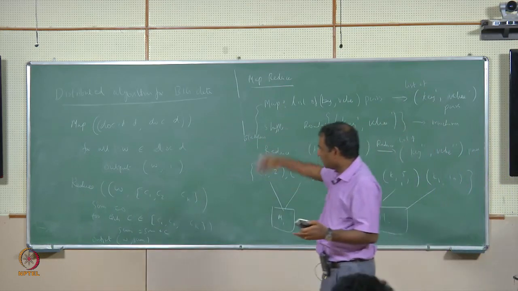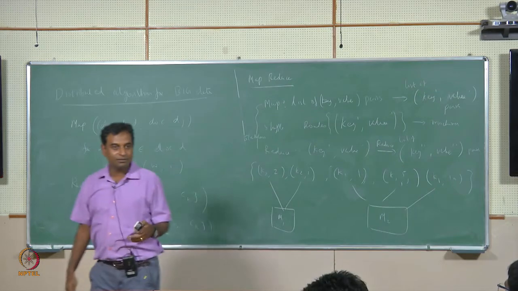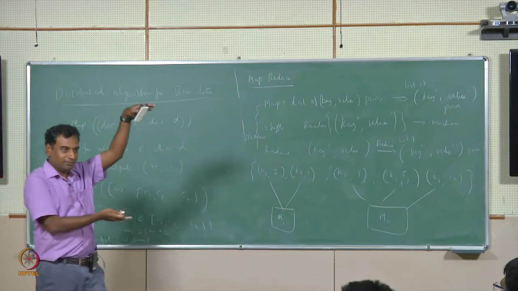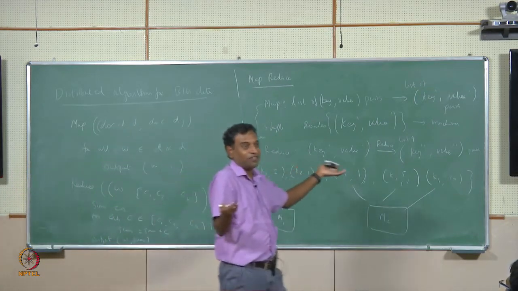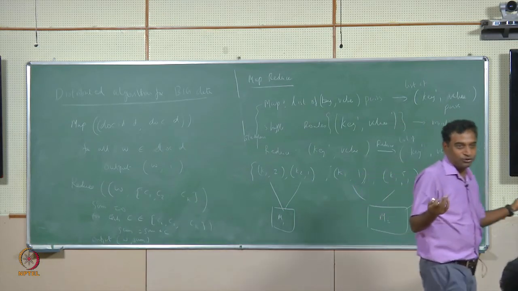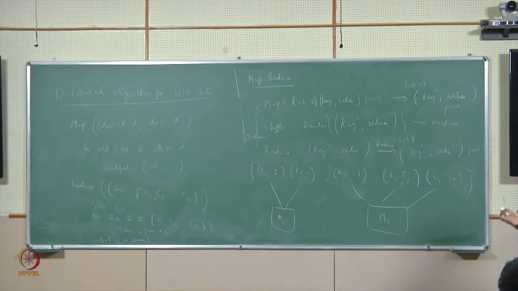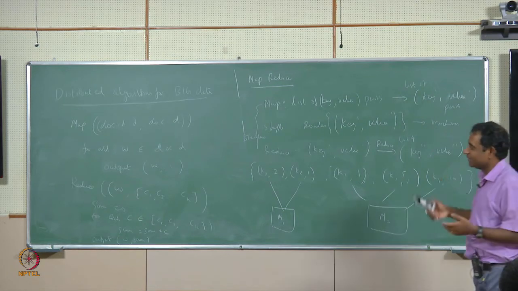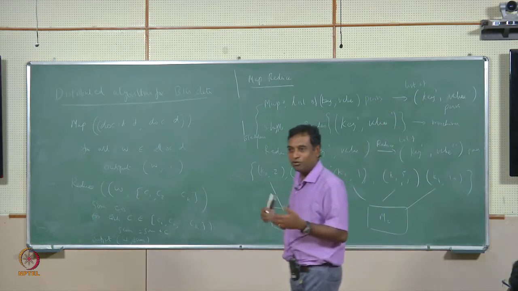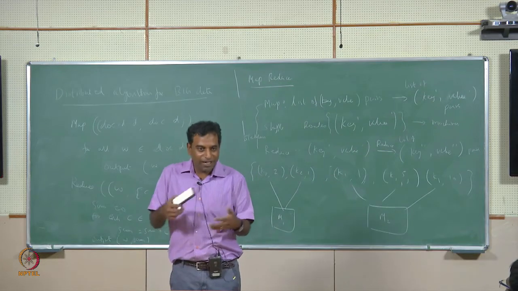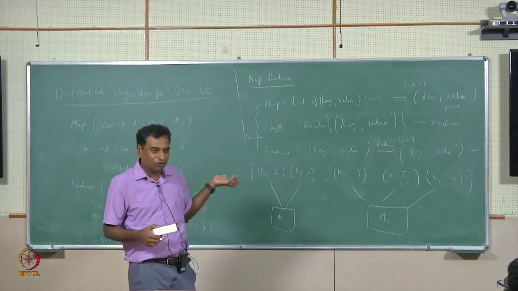How many rounds does it take? One round, because there's one map and one reduce. That's why it's very efficient. So that's why for such jobs MapReduce is still the way to do it. If you want to do this kind of job. MapReduce turns out to be not so efficient when you want to do many rounds, because every time you are doing this,